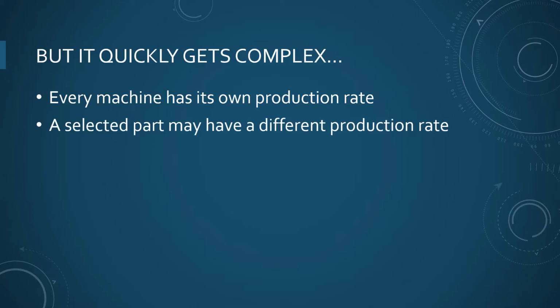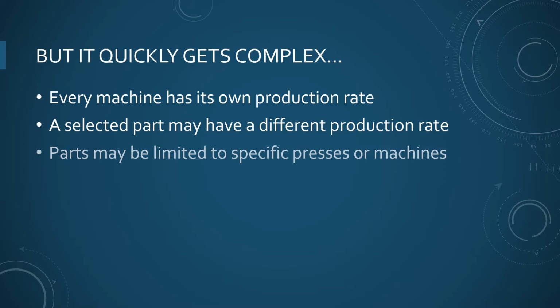And of course, each individual part may have its own production rate. So a simple part may be fabricated at X number of pieces per hour, but a more complicated part that needs CNC and so on, it takes 10 times as long, a tenth as many pieces per hour, and so on. So it gets complicated in a hurry. And of course, some parts can only run on certain presses or certain fab machines. So we may be able to cut this part very, very quickly because it can use any saw, whereas this other one may need very complex CNC and has to wait its turn in line to get to the CNC